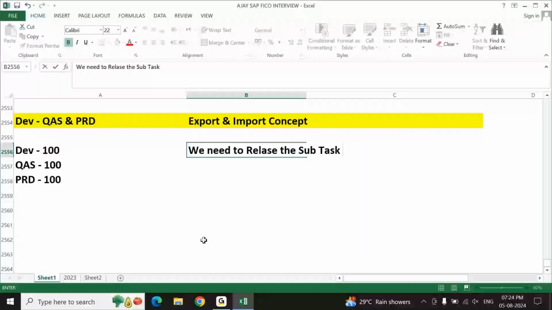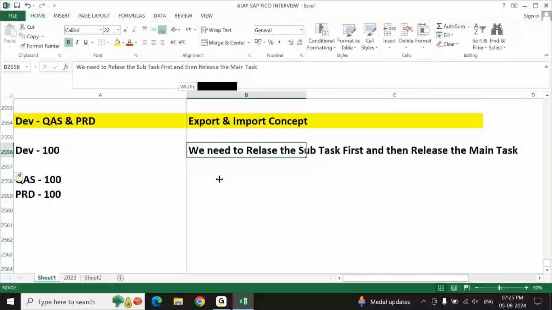I think my Excel is getting stuck. Just a second. Okay. Point number 2,